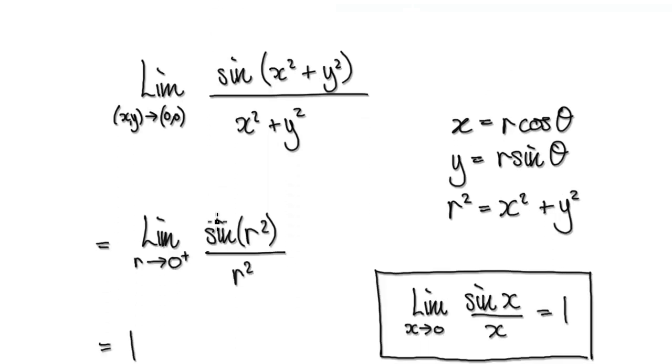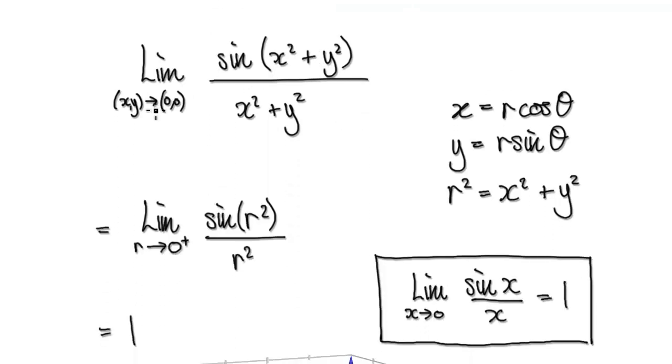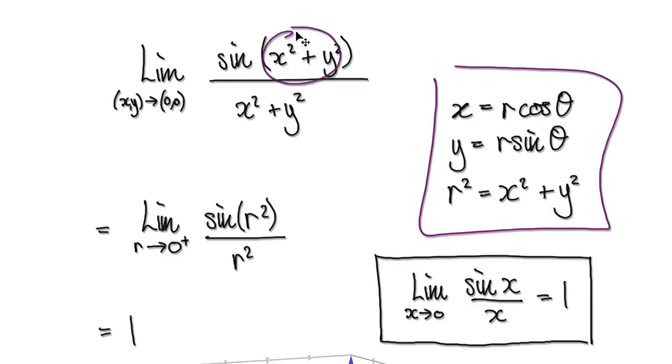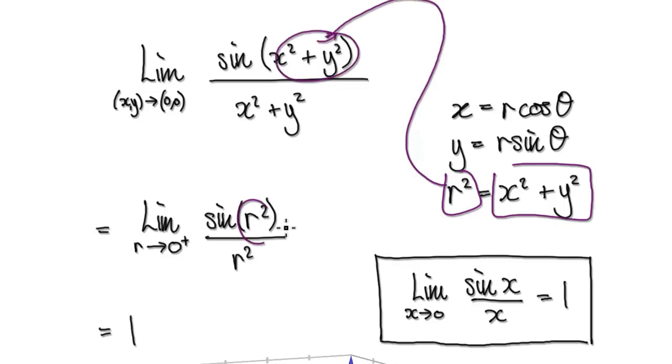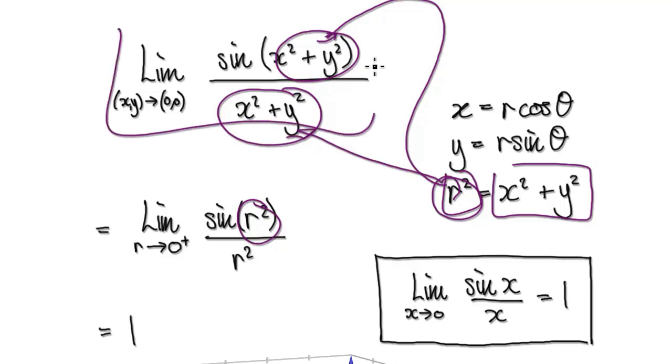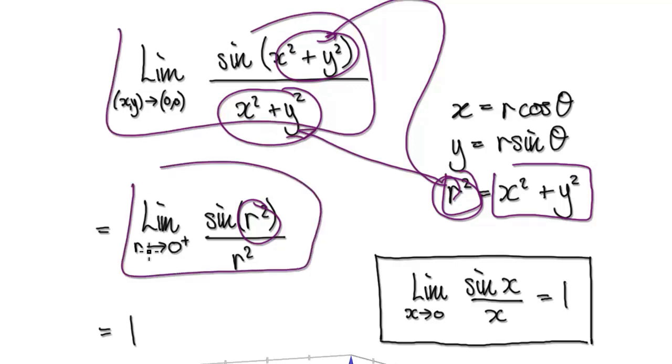So find the limit of this as x, y heads towards the origin. Well, use polar coordinates. So convert this into polar coordinates. So r squared is this thing here. So we can put this r squared into here. That will then give us this, and put r squared into here. So this thing here will then become this as r approaches 0 from the